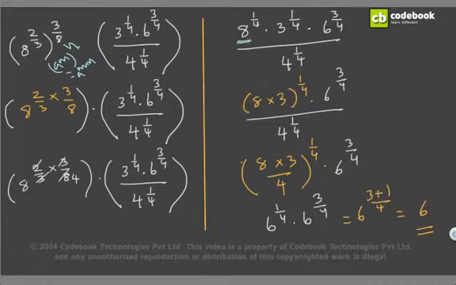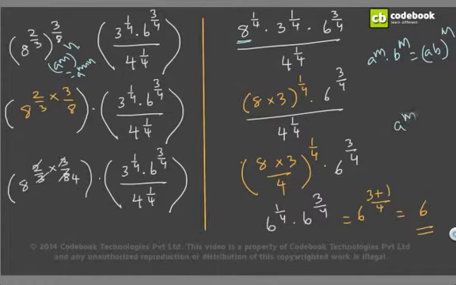So if you observe here, you have two terms with the same exponents. And we know from the identity of real numbers that a power m multiplied by b power m is equal to ab whole power m. So let's apply that. So we'll have 8 multiplied by 3 whole power 1 by 4, and multiplied by 6 power 3 by 4 by 4 to the power of 1 by 4. So again, if you observe here, these two terms have the same exponent, which is 1 by 4. So you can collapse them into 8 into 3 by 4 whole power 1 by 4.